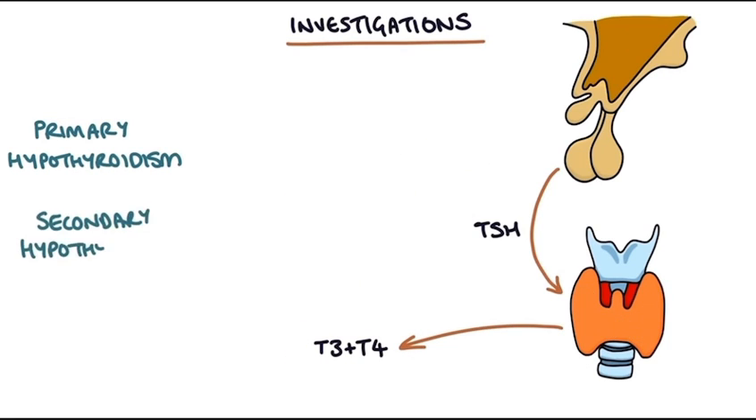In secondary hypothyroidism, it's caused by pituitary pathology, and that results in a low production of TSH. So TSH will be low,